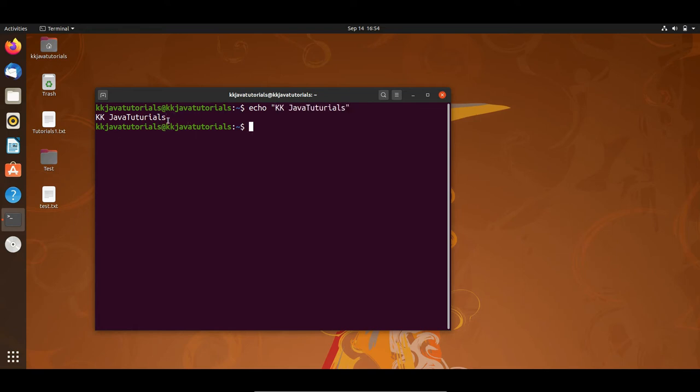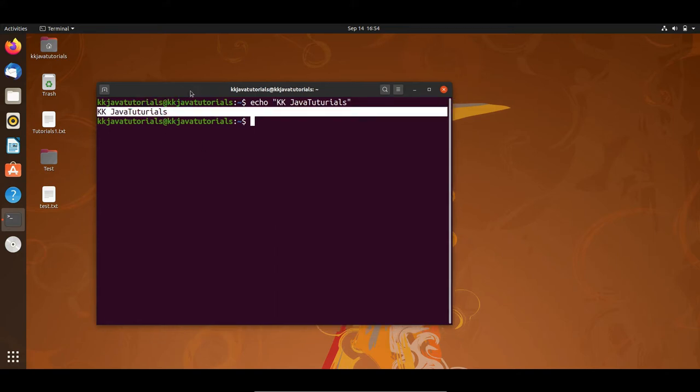So you might be thinking, then what's the big deal? Whatever I type, just that thing is printing, echoing on the terminal, right? So this is good for nothing, right? But it's not like that. Let's say you write some shell script, and you want to print some crucial input, like what will be some file path or some important stuff, on the screen or in a log file. In that case, echo is very important, right?